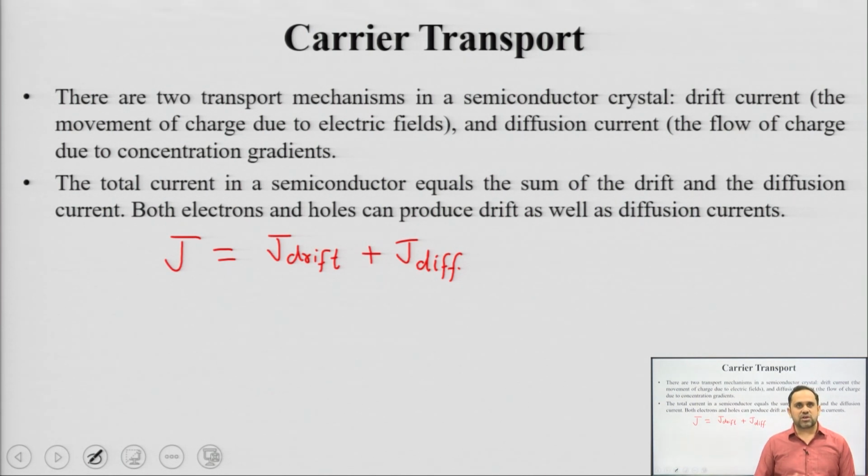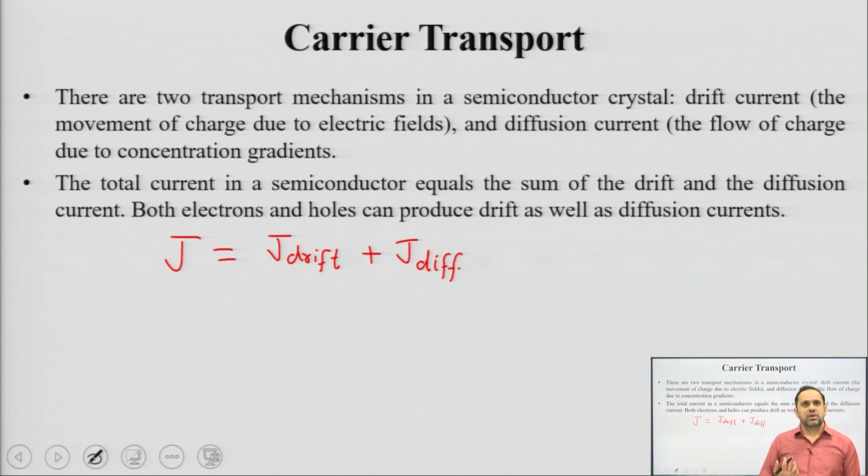If you apply a voltage across a semiconductor of finite length, you are basically applying an electric field only. Electric field is voltage gradient, right. Even if you do not apply any external electric field, fields can get induced or develop on their own inside a semiconductor, and those induced electric fields may also be able to produce drift of charge carriers. So the important point is that whenever there is an electric field, whether extrinsically applied or intrinsically available, its presence inside a semiconductor is going to result in some kind of drift current.